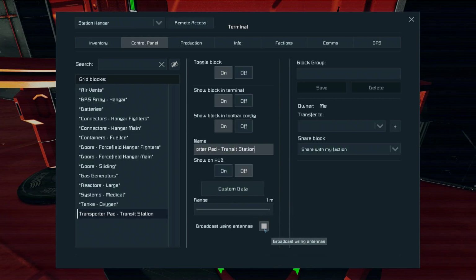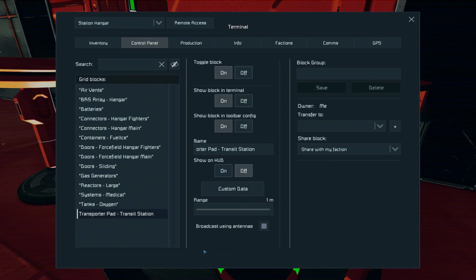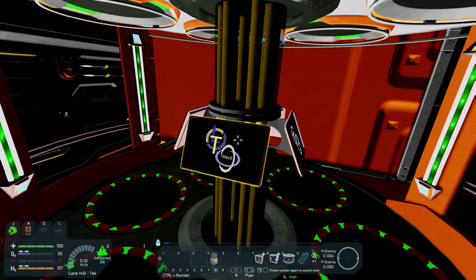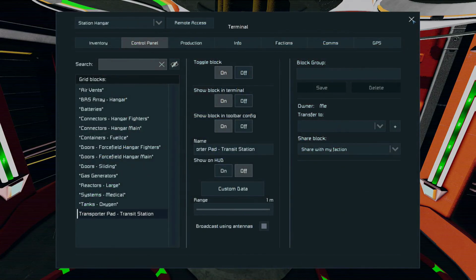Broadcast using antennas, which is true, so we may actually end up with the limitation here of the transporter pad not being able to reach anything else, and I'm not sure why we don't have all the normal stuff here. Yeah, normally we have configuration information here, which I don't know why we don't. Okay. T, does it say? Nope. So we may just, well, there's nothing in range, therefore,